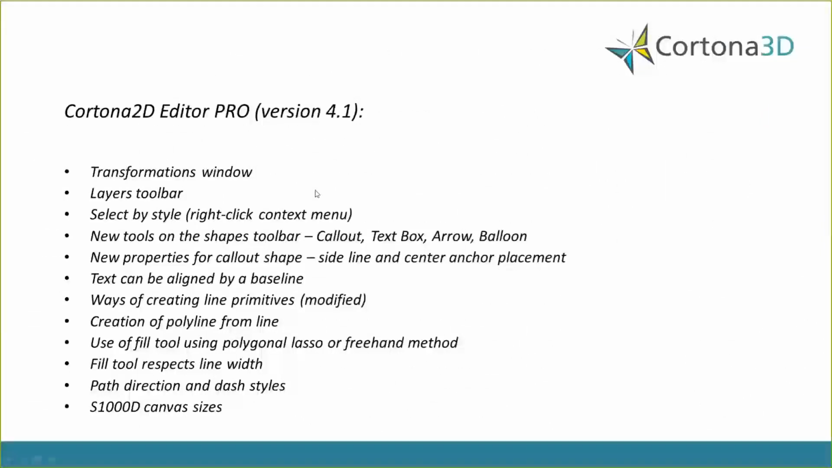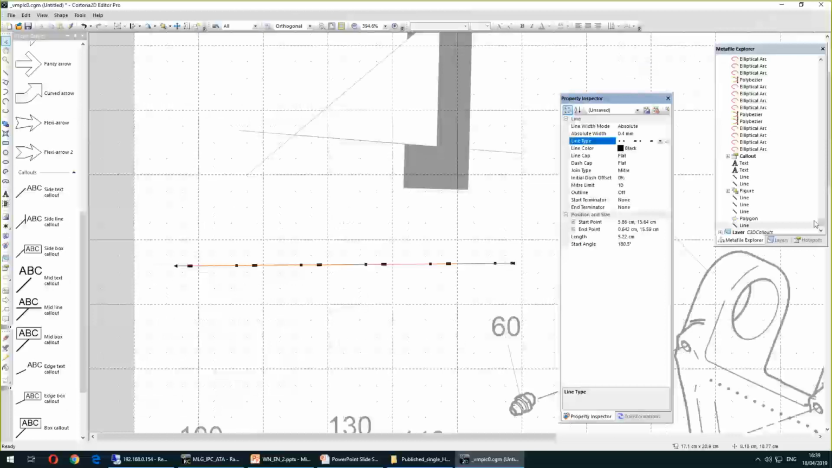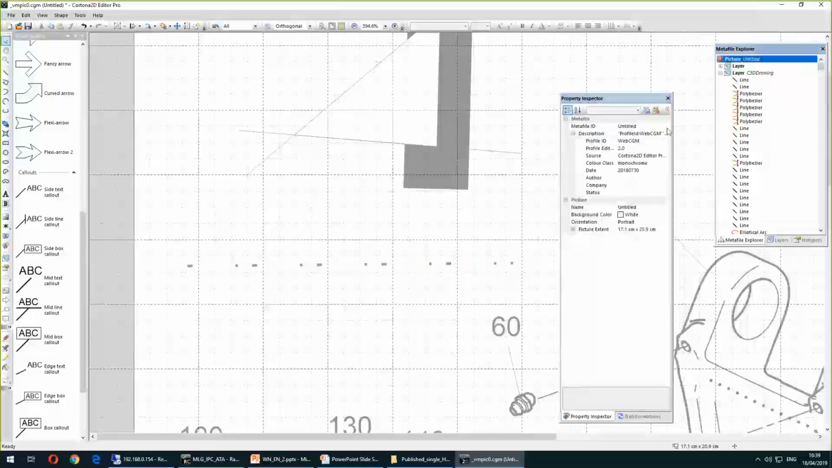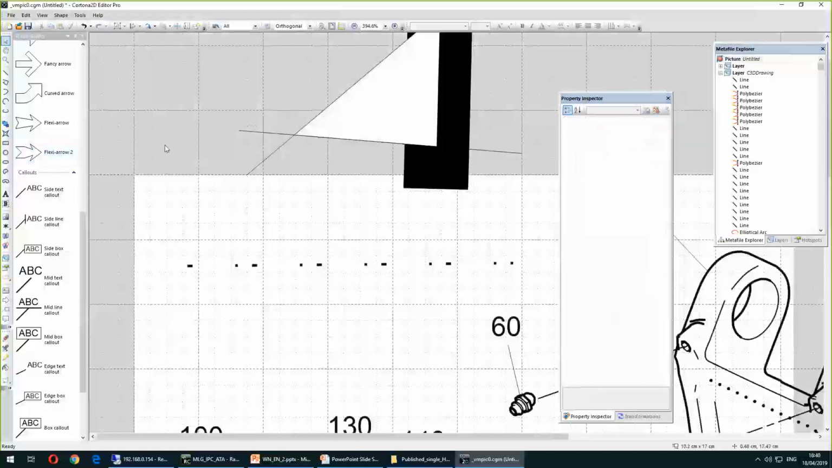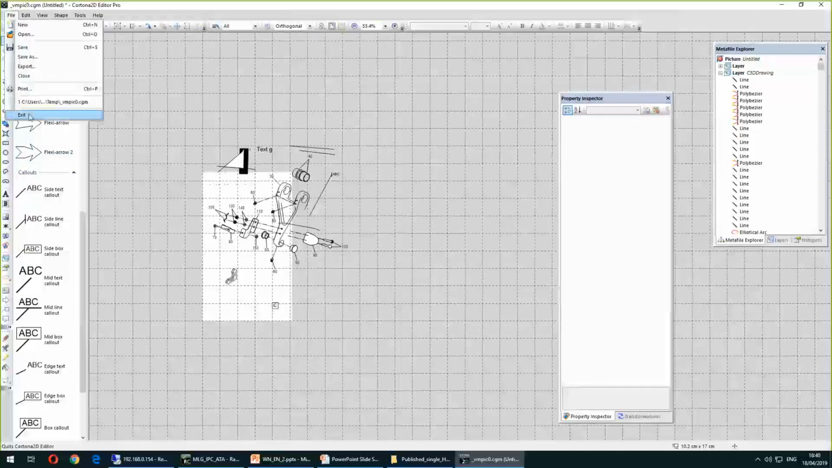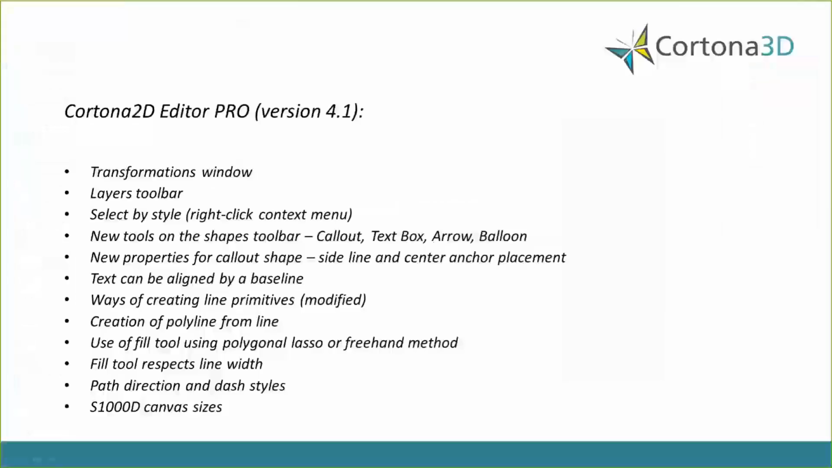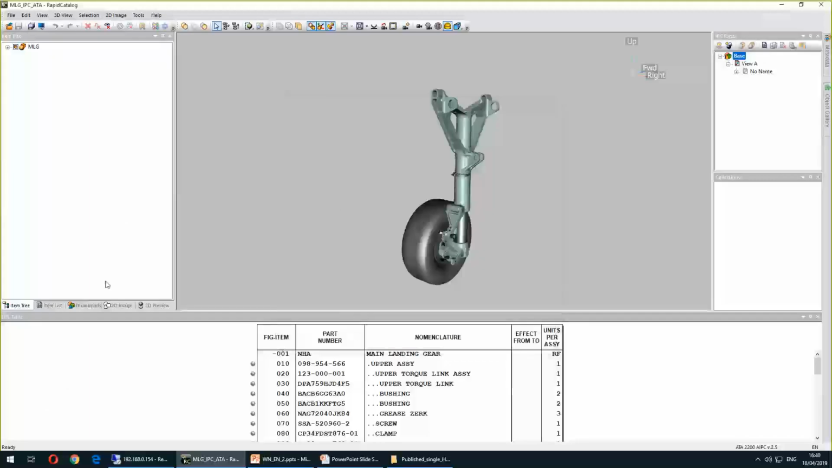And finally, we also added predefined S1000D canvas sizes. And to be able to do that, you go in the Meter file explorer to the root element, which is picture. Select picture extent, and here are all your S1000D predefined canvas sizes, like so. The only limitation about this is that at the moment you cannot select a predefined